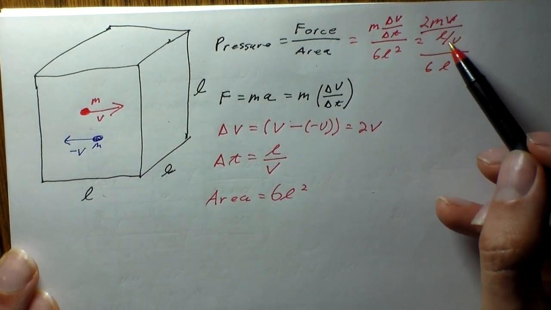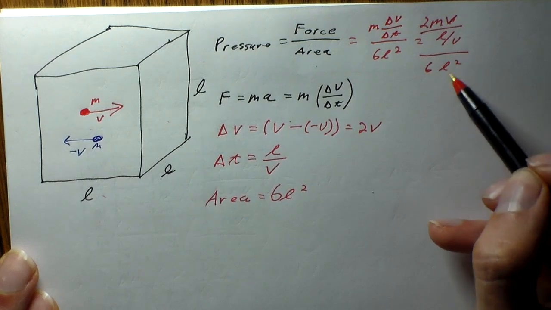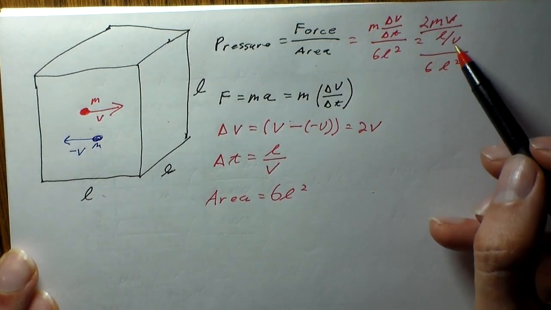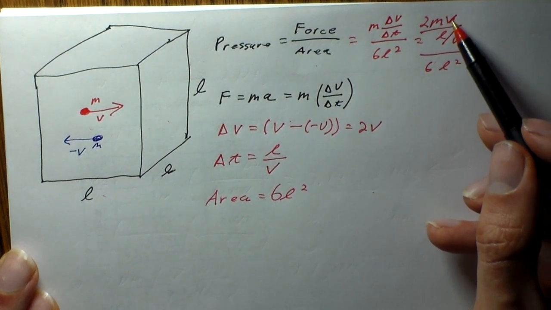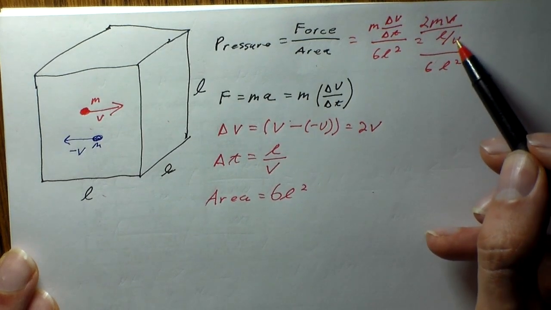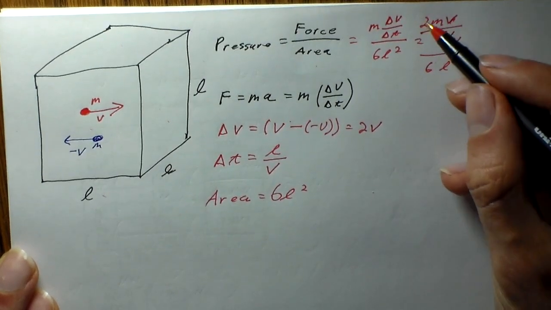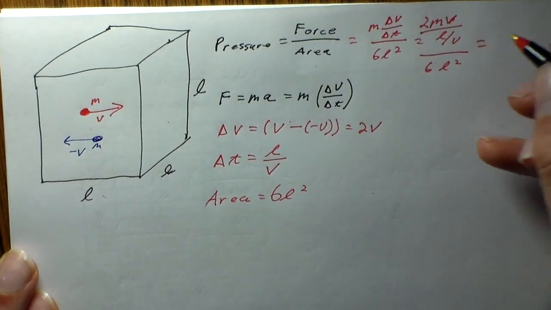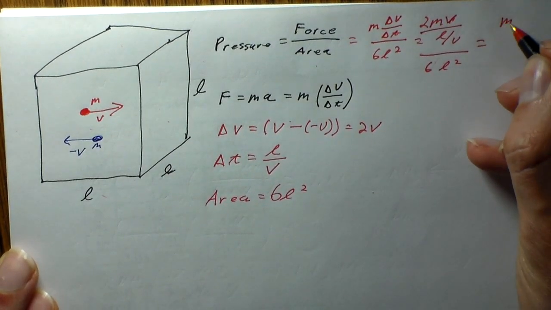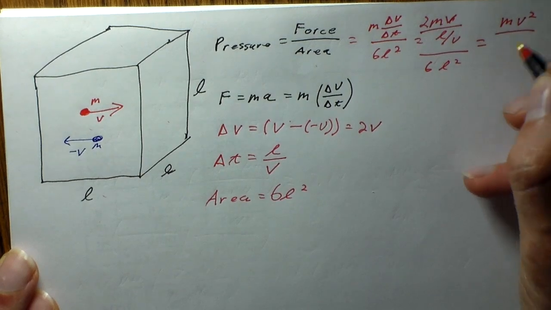And we can simplify this. This L combines with this L squared, so it's going to give me L cubed, and then 1 over v is going to give me v squared. And then the 2 over 6 is just 1/3. So this is going to simplify to mv squared over